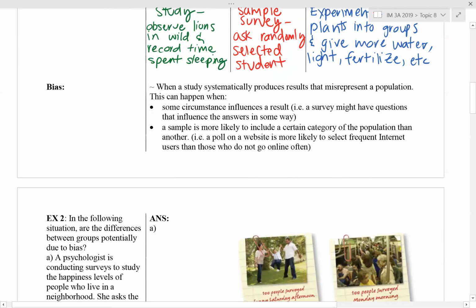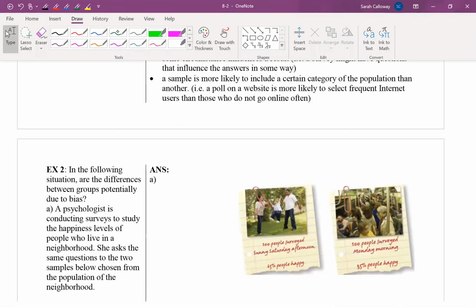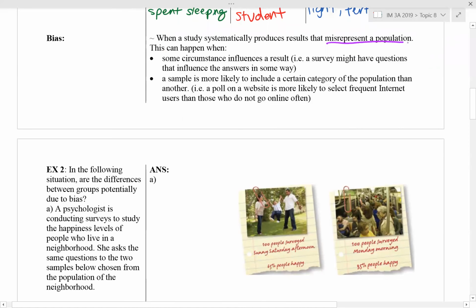So bias is when a study systematically produces results that misrepresent a population. So that means that the results of the study aren't actually true, right? And so some circumstances that can influence a result, such as the survey might have questions that influence the answer in some way, and a sample that's more likely to include a certain category of the population than another. So for example, a poll on a website is more likely to select frequent internet users than those who do not go online